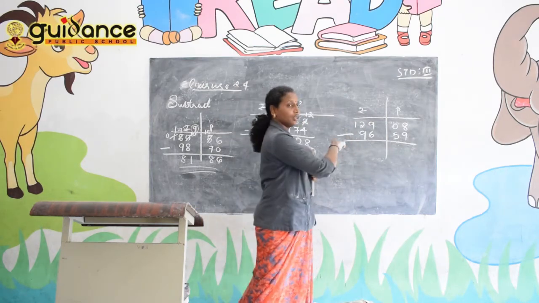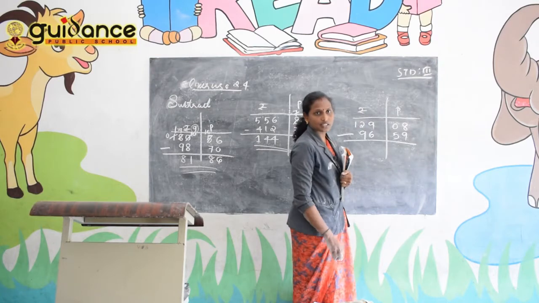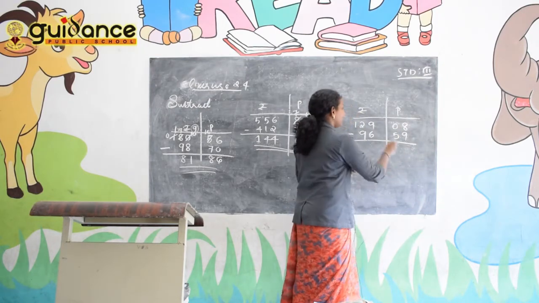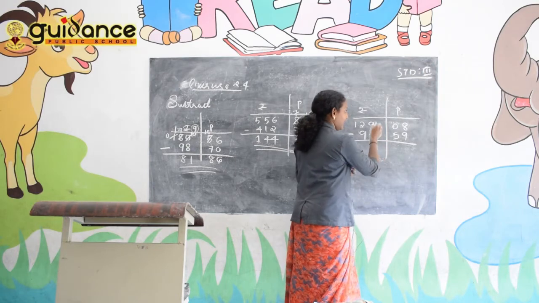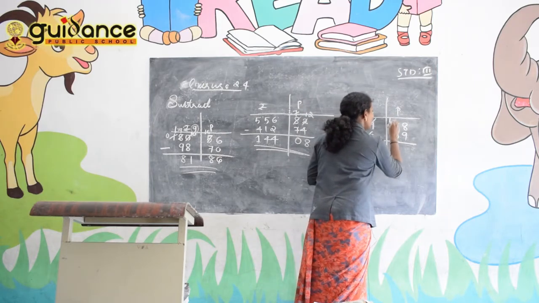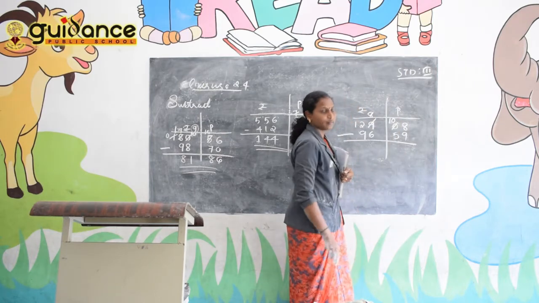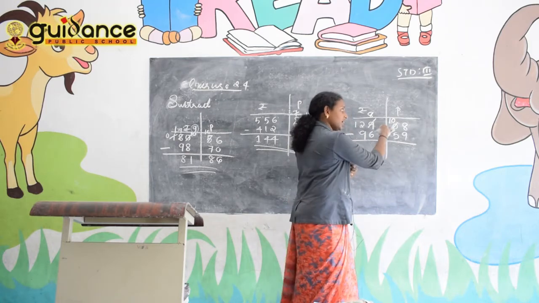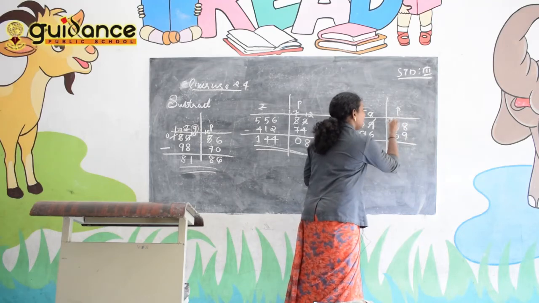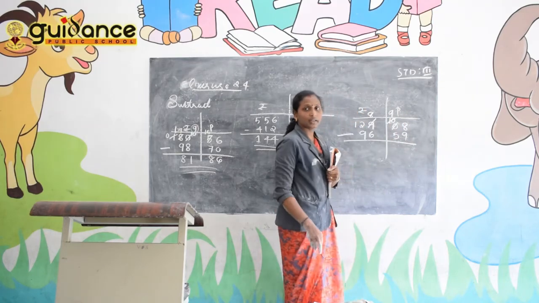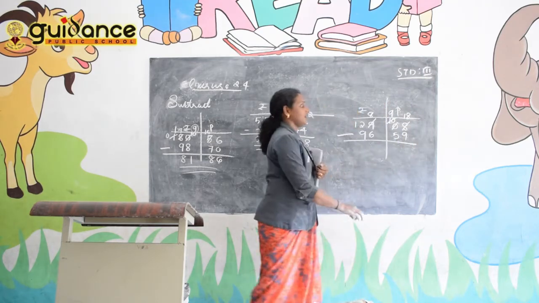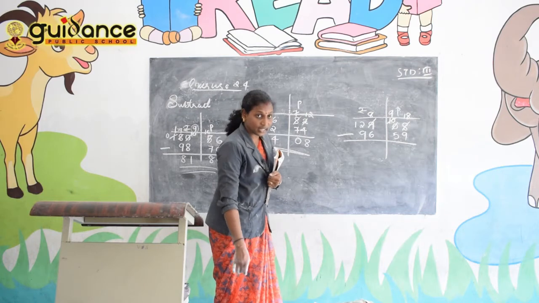So 8 minus 9, it's not possible, so take a borrow. Here 0. Then we will come to the next number, 9. 9 is 8 and 0 becomes 10. Then taken as a borrow. Here 10 is there, we will take a borrow. At that time 10 becomes 9, and 8 is reduced as 18.